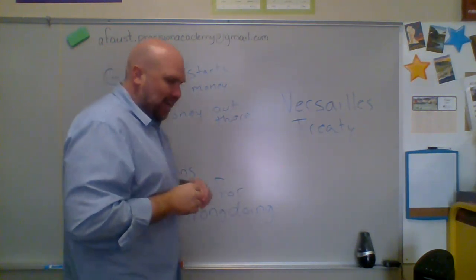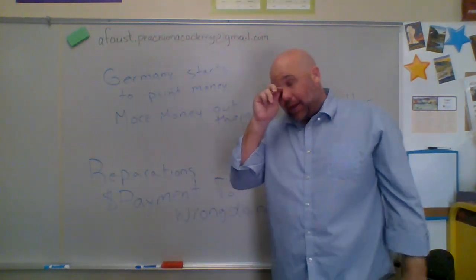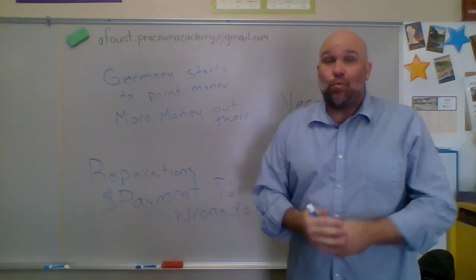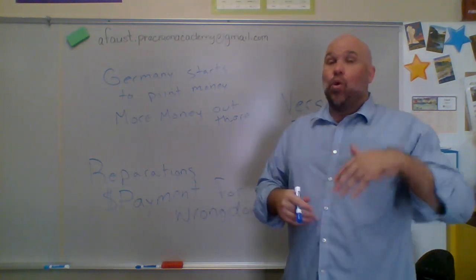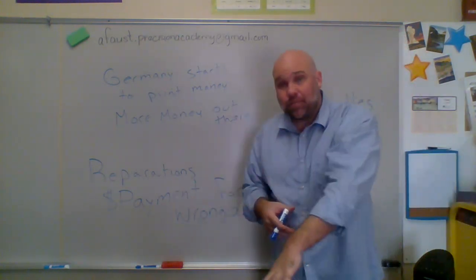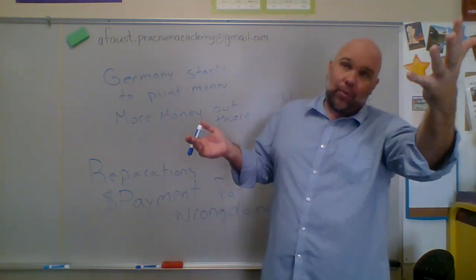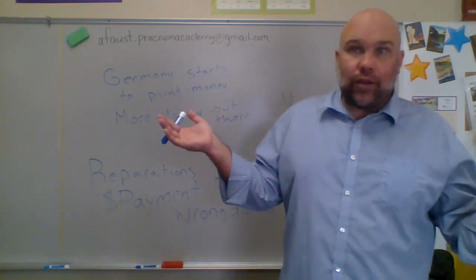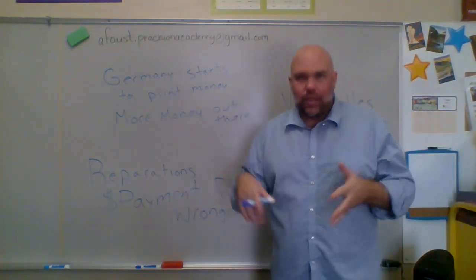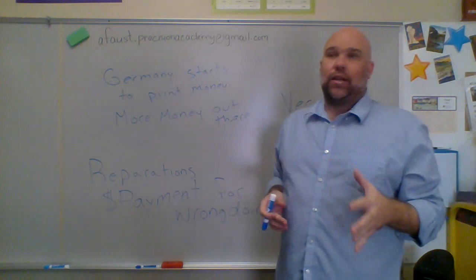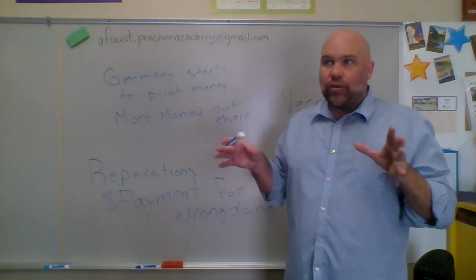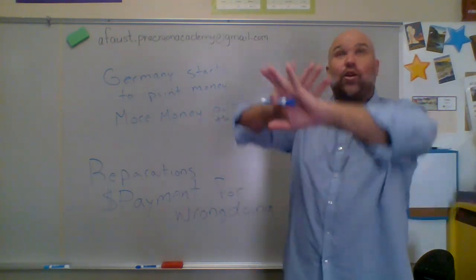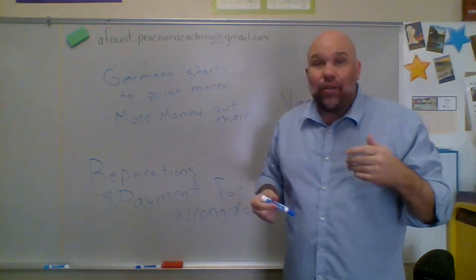Now this is going to get a little economic-y for you, but it's a very simple economic process. If there's more of something, is it more expensive or less expensive? For example, gold. Is there a ton of gold out there, or is there a little bit of gold out there? Or a finite amount is what they say. You might say, yeah, there's lots of gold. I can go to a jewelry store and this and that. Yeah, there's a lot of gold in the world, but compare that to,